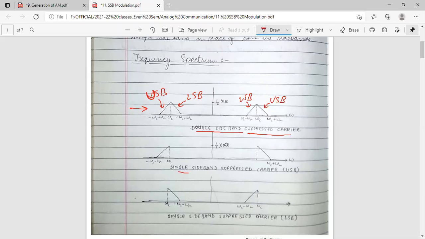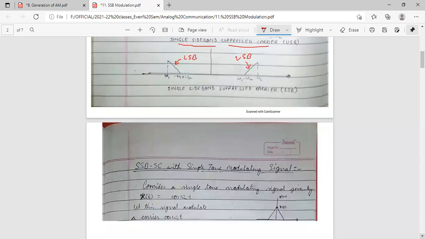Now here, single sideband suppressed carrier. So here in single sideband, what we are seeing is the omega c plus omega m part, meaning here there is only the upper sideband, only the upper sideband, okay, and here it is the lower sideband. So we can suppress one of the sidebands by using some technique. So what is the technique? We will see later. Okay, so in this way we have got this type of spectrum.